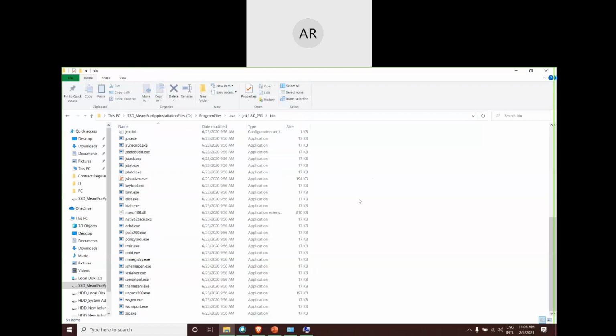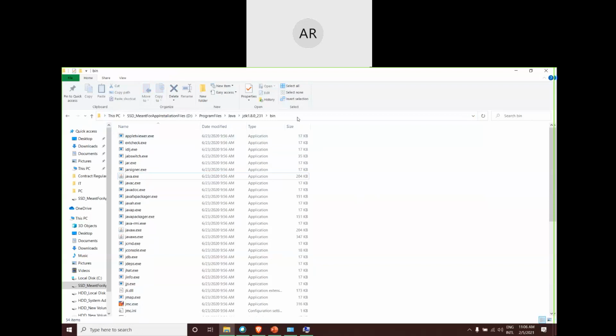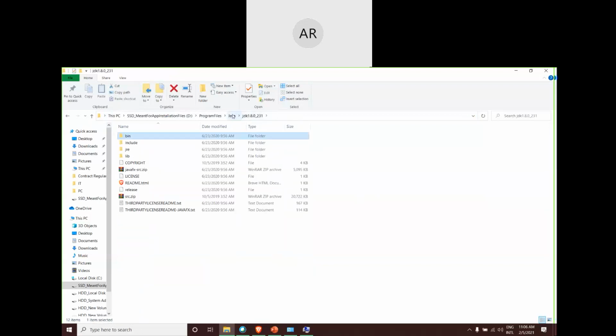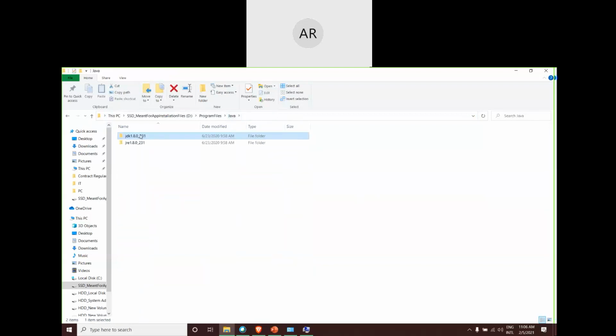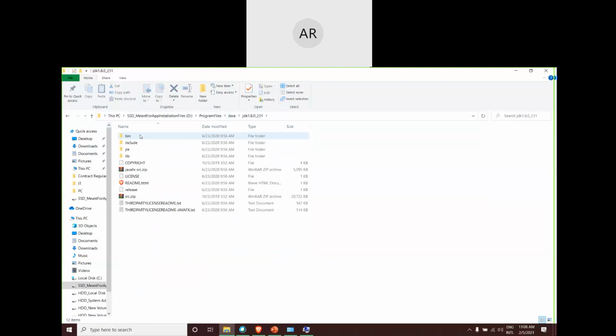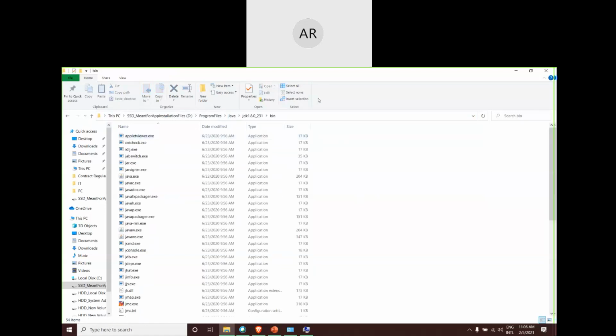So what I did, observe carefully here. Right from the beginning, I have opened my JDK. Inside JDK, I have opened my bin folder. Now, what majority of the students will do is, they will click on bin. And they will say, this bin is again and again being shown.